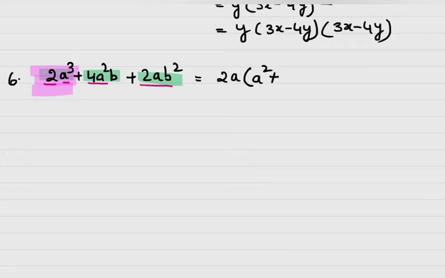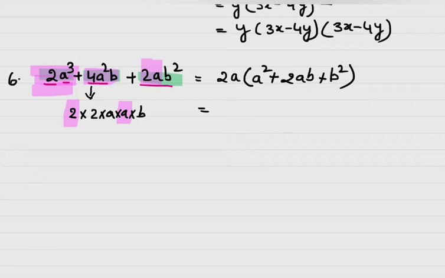Plus, if you take out 2a from here, because see how you can write this. You can write this as 2 into 2 into a into b, isn't it? Now if you take out one 2 and one a, what will be left? 2ab will be left inside. This will be 2ab plus. Now from the third term, if you take out this 2 and a, only b square will be left. So b square you write down inside.